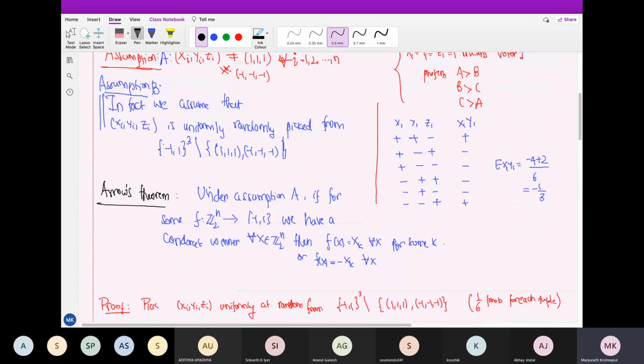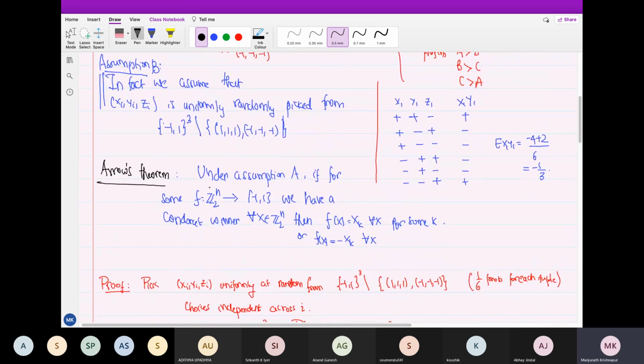Here is another objection to this theorem: it is not a robust theorem, in the sense that you are saying that if there is always a Condorcet winner, then f is a dictator function or anti-dictator function. We accept that that is an undesirable voting scheme. We don't like dictators or anti-dictators, in the sense that you just do the opposite of what the dictator says. So neither of these is a good choice. So we don't like this scheme.